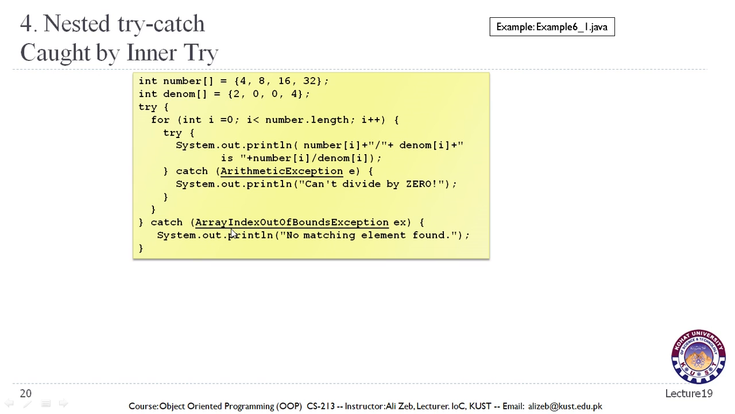So when we go through these arrays one by one, dividing the elements of the number array by the elements of the denom array, at some point we might get the division by zero error. So let's say in the first one the index I is equal to 0, 4 is divided by 2, and there should be no error. Now when the index becomes 1